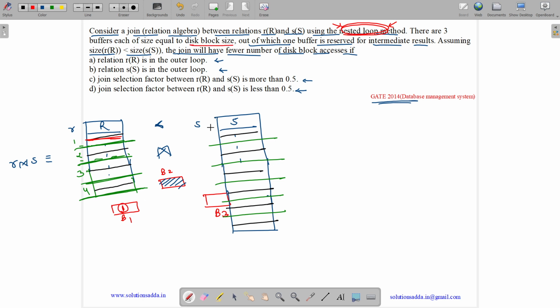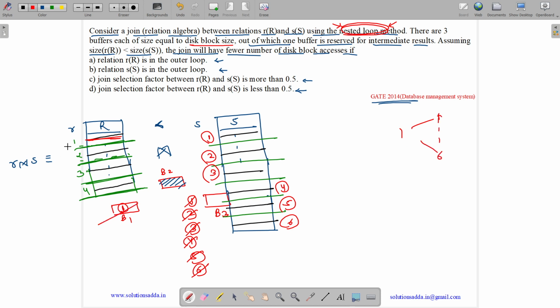For this block 1, we need to do computation with all the blocks of relation S. So we need to bring block 1, then block 2, then block 3, then block 4, then block 5, then block 6 of relation S.